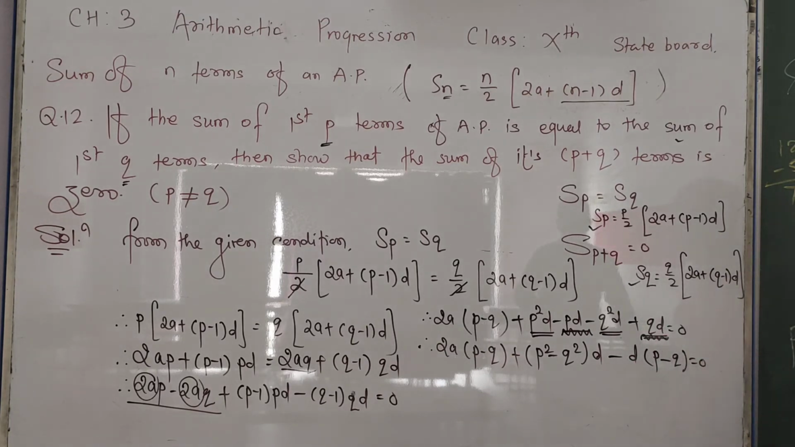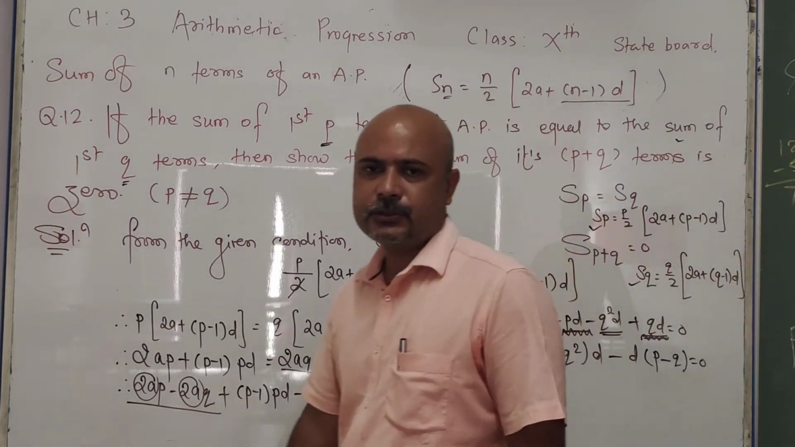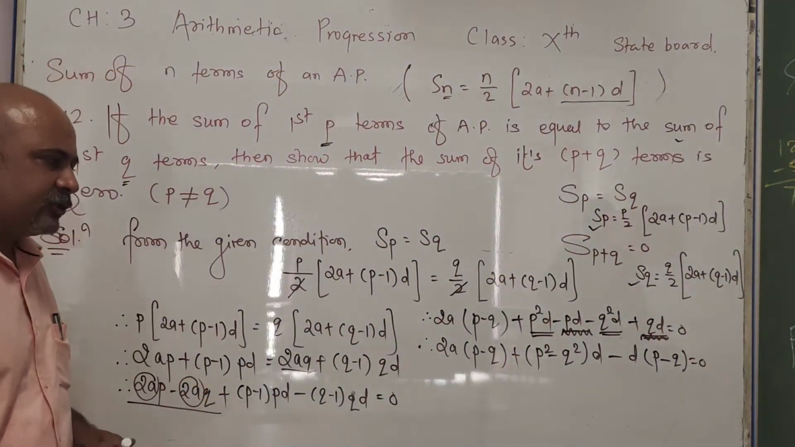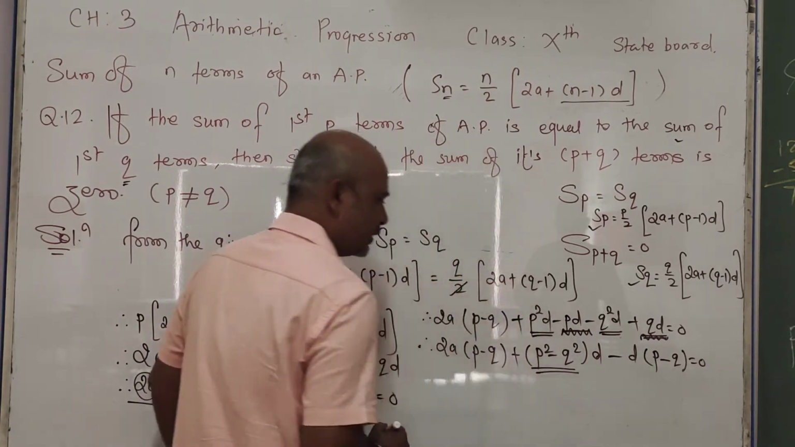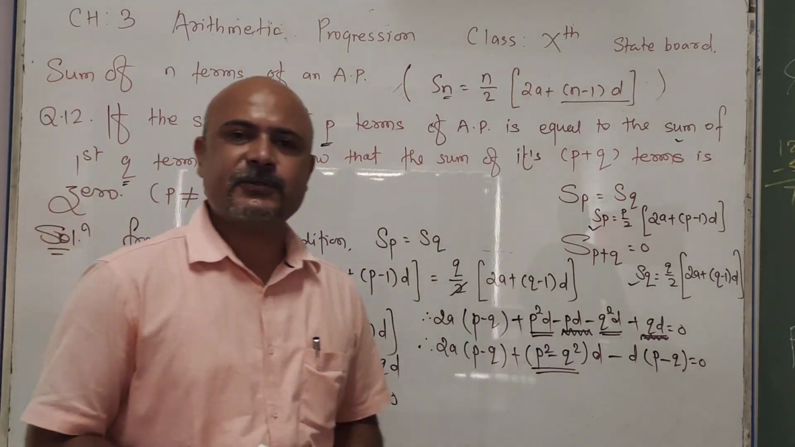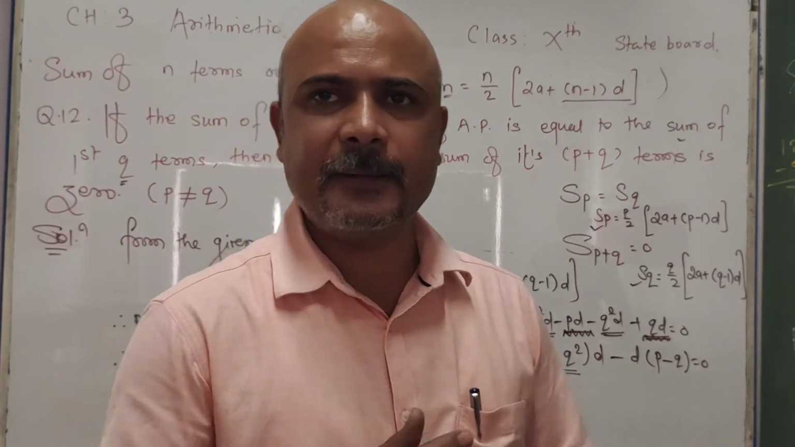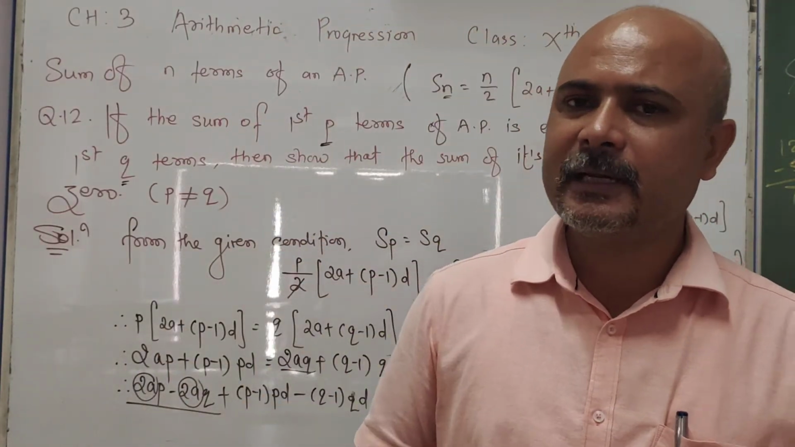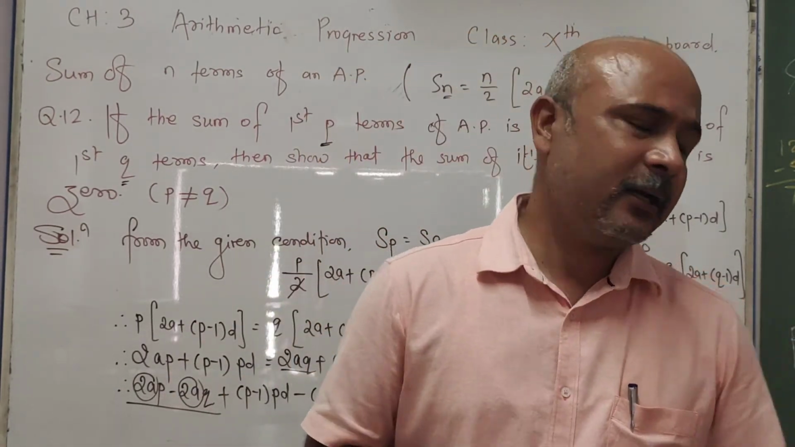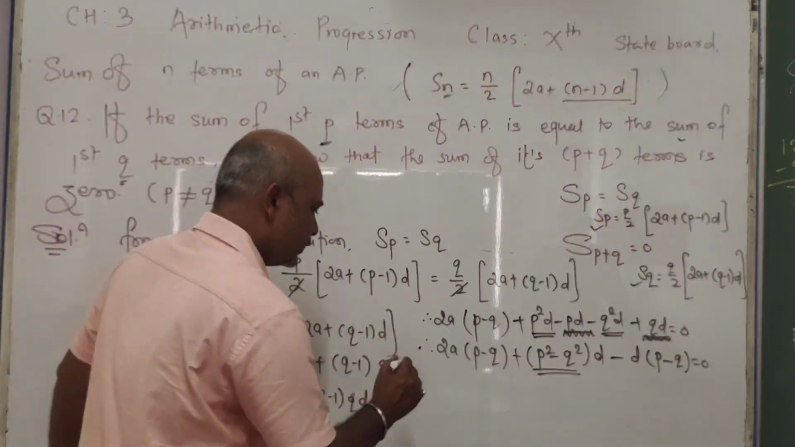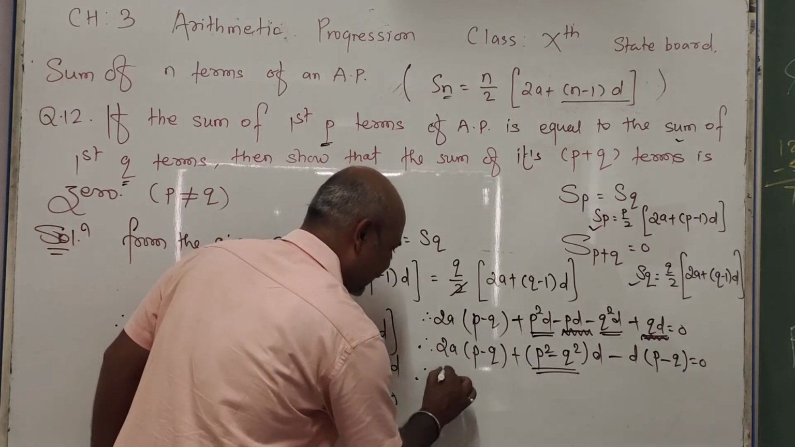So we'll get q, and this is equal to 0. Students, you know very well what is the value of p square minus q square. You will use the formula of a square minus b square, and you will get a plus b and a minus b. Similarly, for p square minus q square, you will get p plus q and p minus q. So therefore, what I will write, 2a